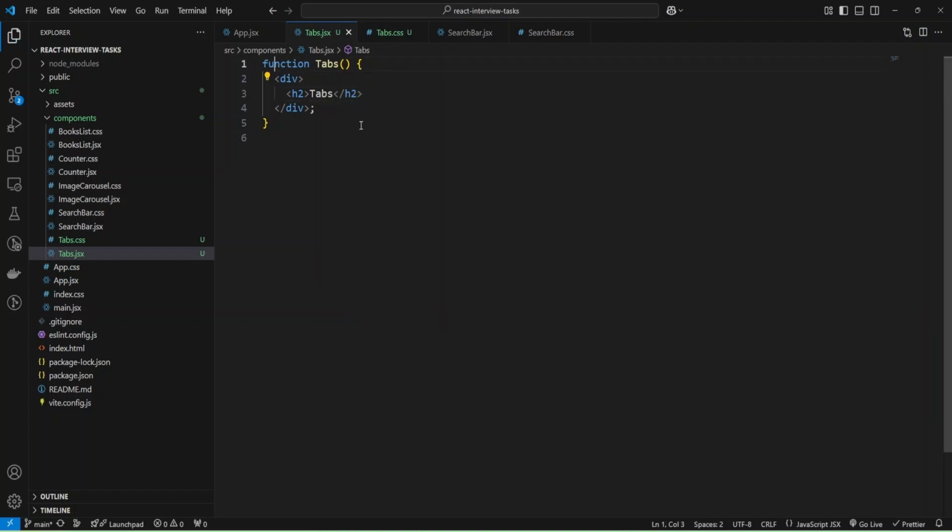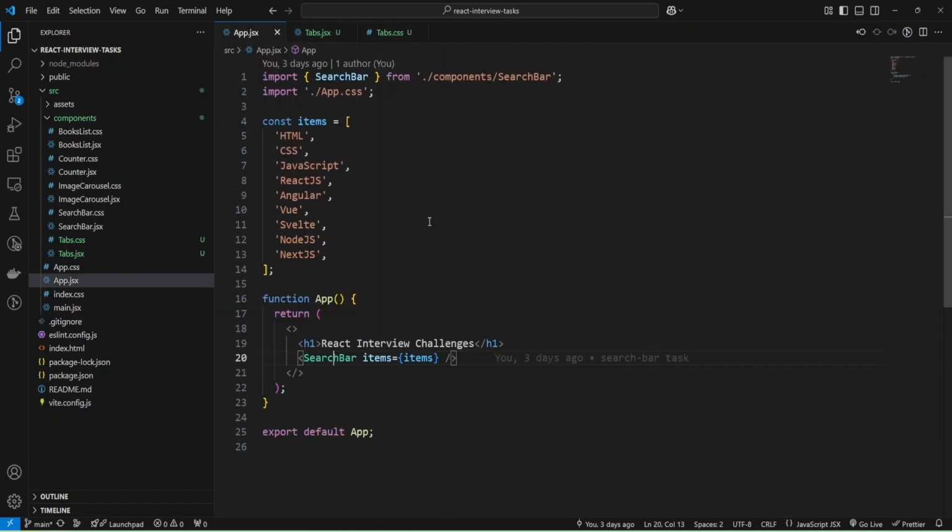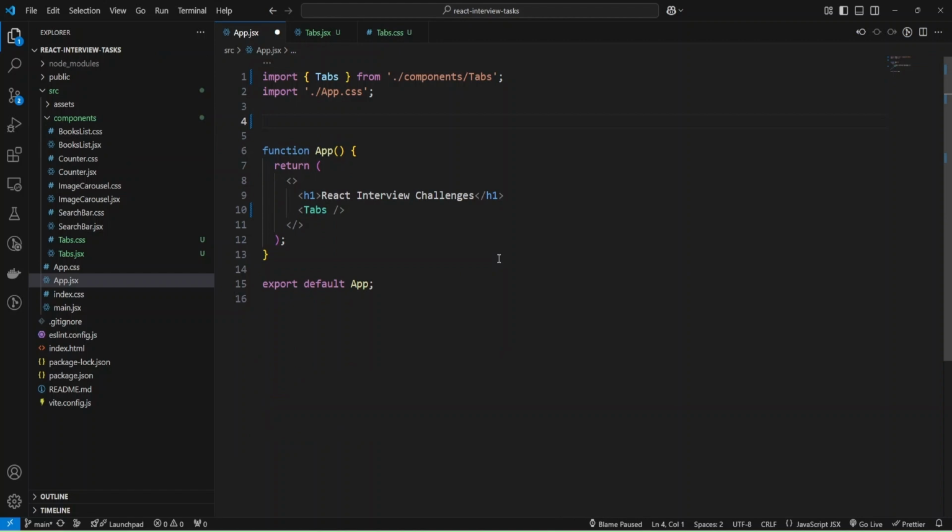Okay, and now I'm going to export it, and I can close this component, and inside app.jsx I'm going to import my Tabs from components/Tabs, and instead of search bar I'll use Tabs, and remove these items here.